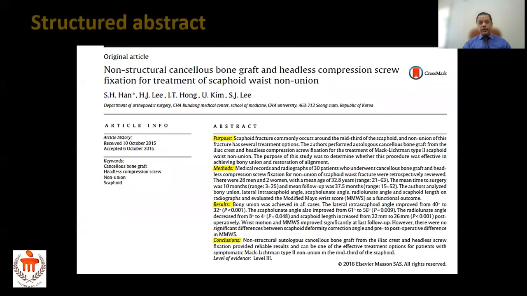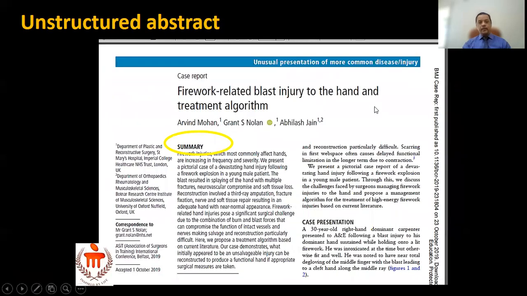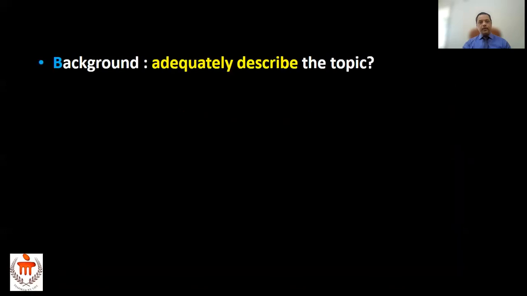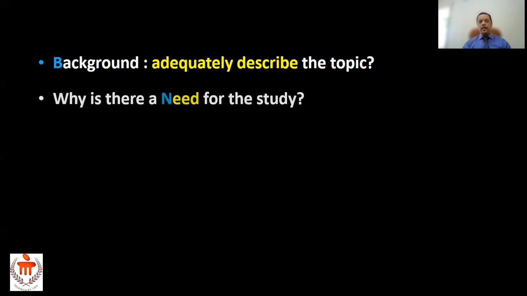So it could be a structured abstract like this with purpose, methods, results, and conclusions, something like this. Or some of the journals might just ask for an unstructured abstract, with basically a summary of the entire manuscript itself. Coming to introduction, it gives the background, adequately describes the topic, and then why is the need for the study,